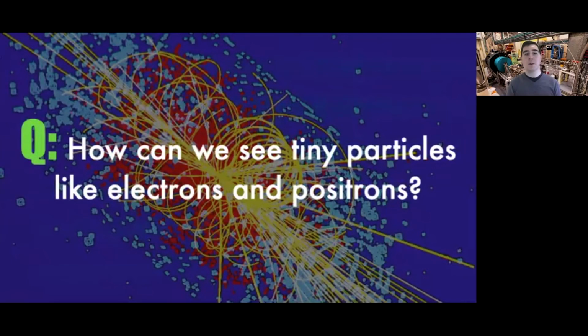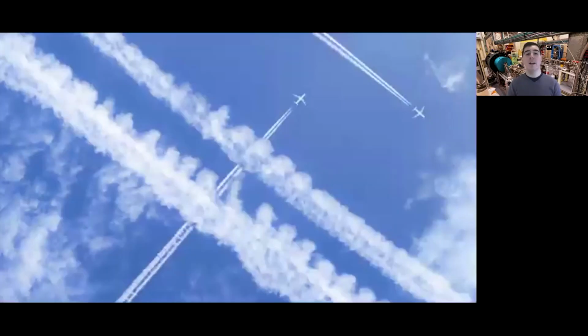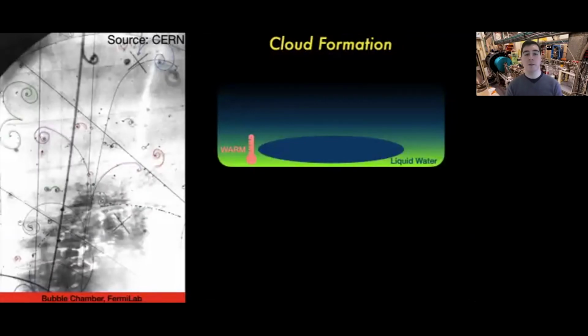This is something that I'm sure you've all seen in the sky, cloud trails left by aeroplanes. They fly very high in the sky, making the planes themselves very hard to see. But these cloud trails make them easier to find and even tell us where the plane has been flying for the past hour or so. We can use a very similar idea to track small particles.